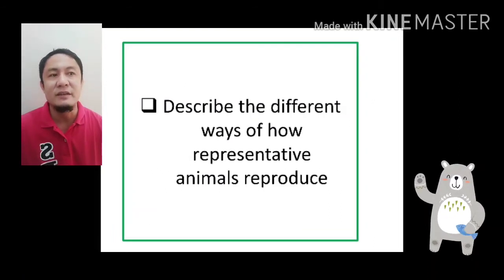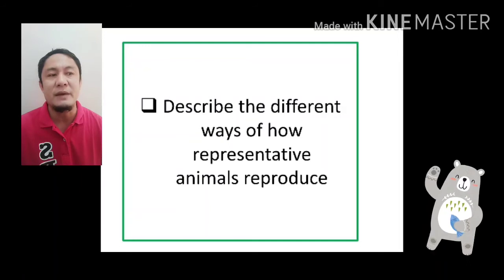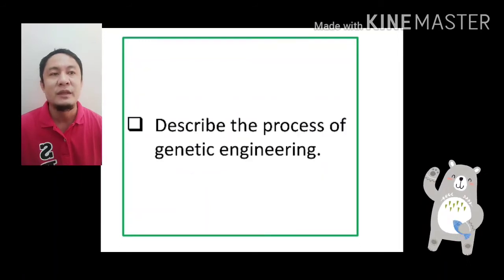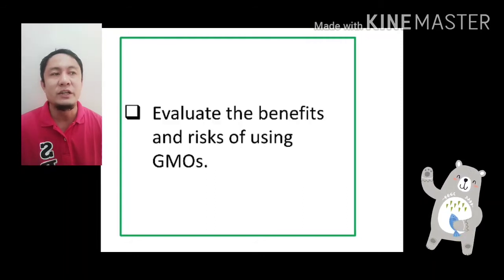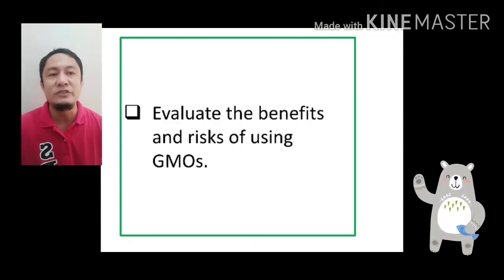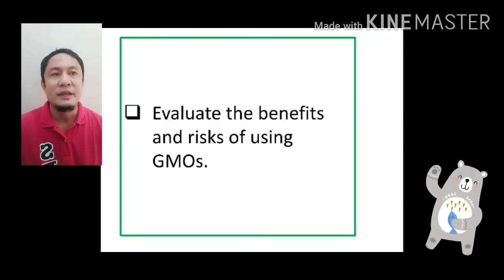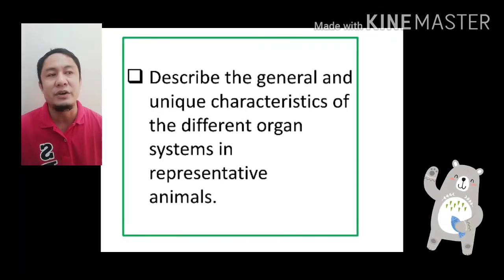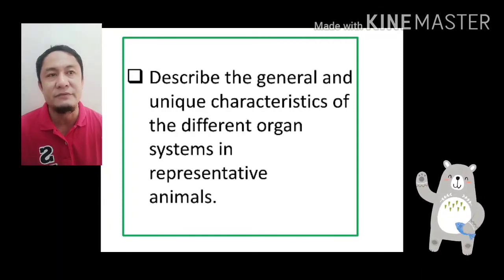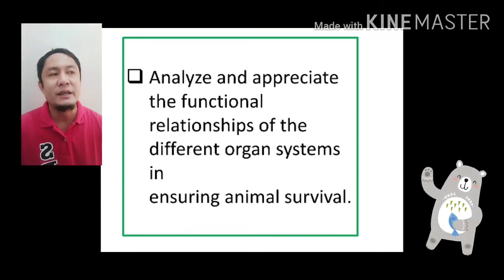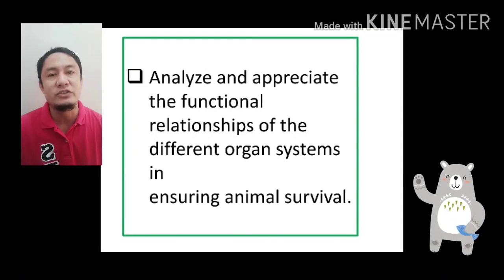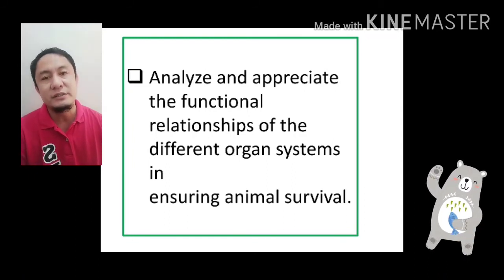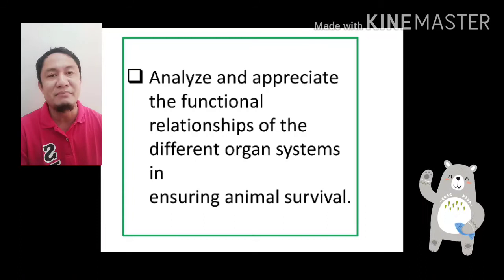Then describe the different ways of how representative animals reproduce. Describe the processes of genetic engineering. Evaluate the benefits and risks of using GMOs. Describe the general and unique characteristics of the different systems in representative animals. Followed by, analyze and appreciate the functional relationships of the different organ systems in ensuring animal